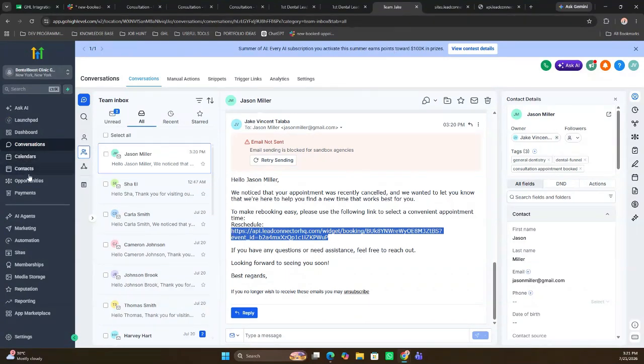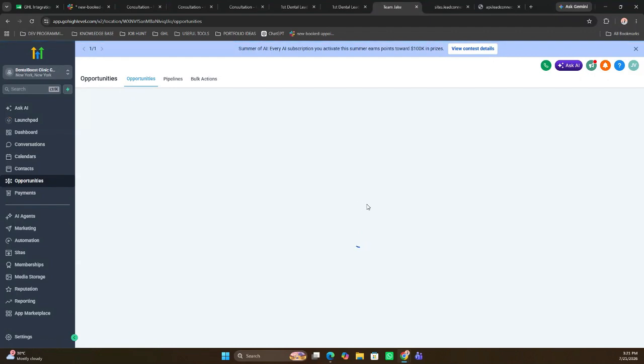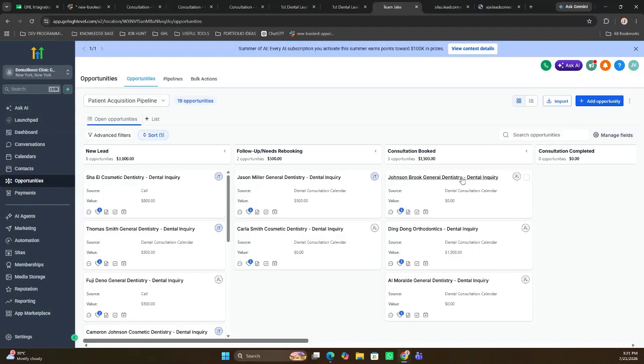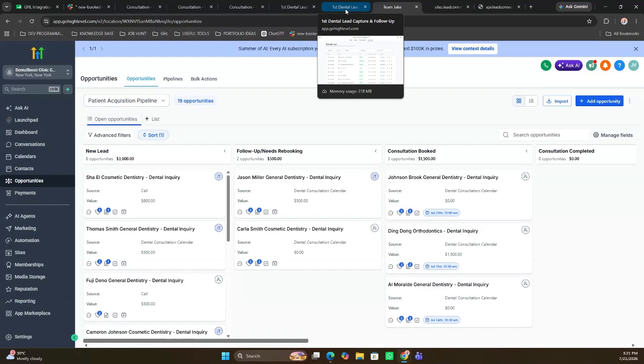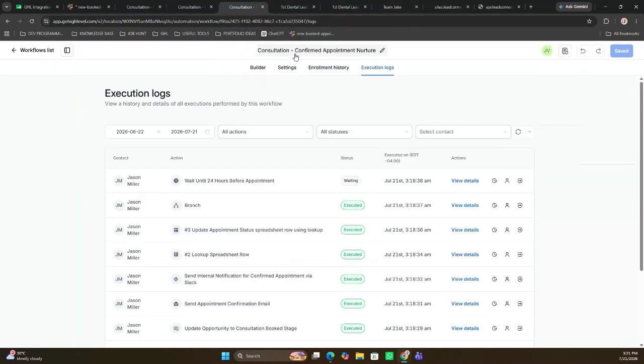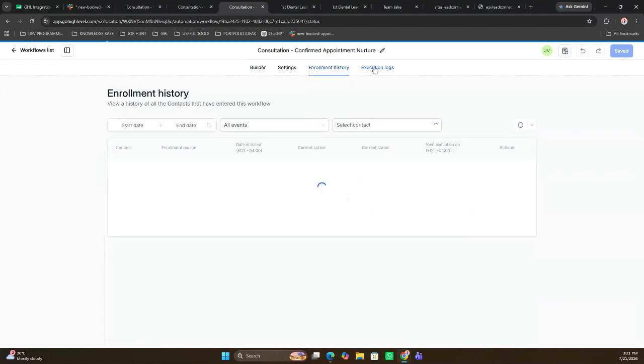And if you check under opportunities, he will now be moved from consultation booked to the follow up needs rebooking stage, since we need to follow up on him and let him reschedule, especially if he still needs the service. And under this confirmed appointment workflow, Jason Miller will now be removed.